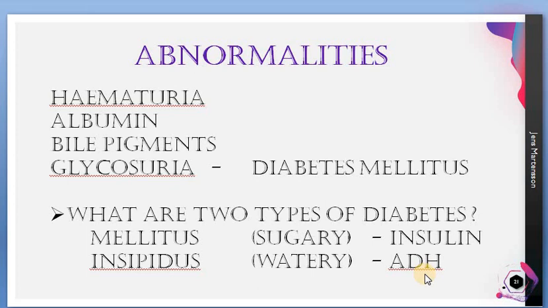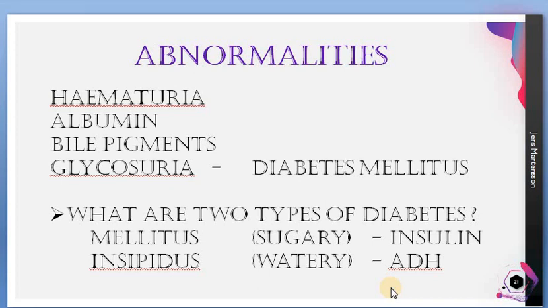If you don't have the vasopressin name in your book, don't worry, we are going to learn the hormone lesson separately. At that time I'll tell you that again. This will be repeated in that lesson, so no problem. You just learn that diabetes mellitus is due to low insulin and diabetes insipidus is due to low ADH. So these are the two kinds of diabetes that we are learning.